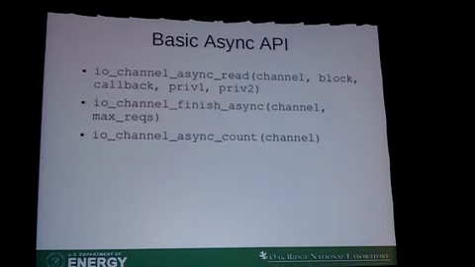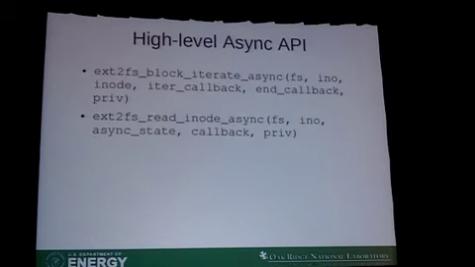You can say, how many asynchronous events do I still have outstanding in the queue? And hey, I want you to go ahead and start working on those, flush those out, and don't come back until you have no more than max requests in the queue. I'm not really using these all that much right now. The purpose for these is to allow me, in the future, to manage my memory footprint a little bit better. That I can run up until I get to a spot and say, oh, I need to stop for a little while, run these out, and then come back.